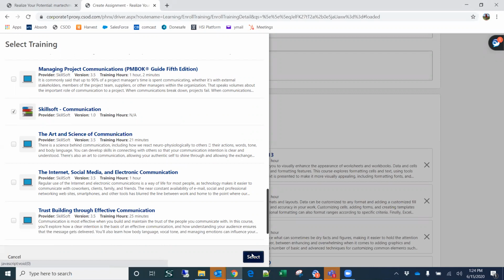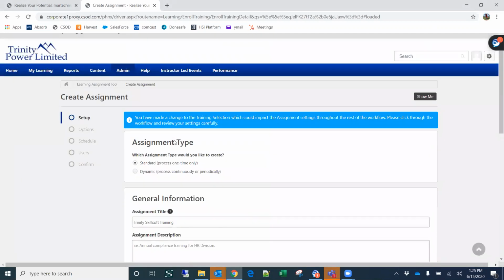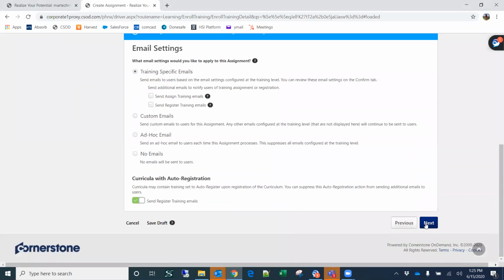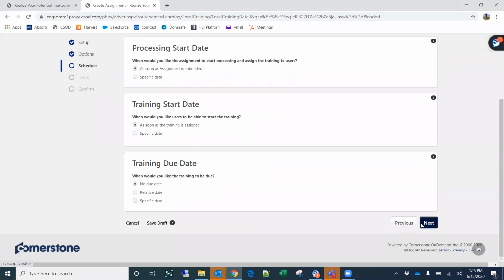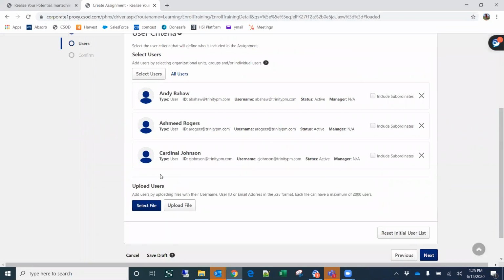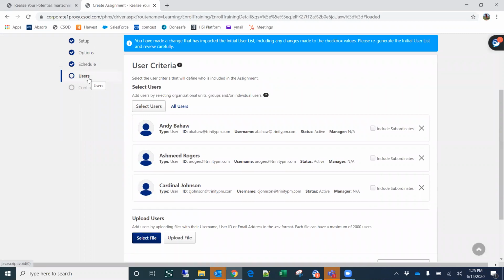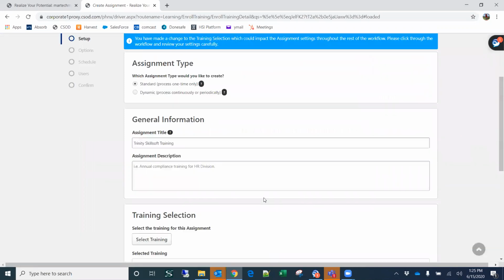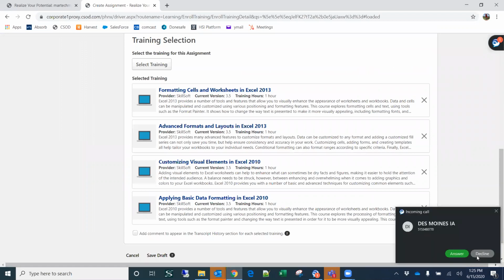One thing that I really want to point out, I want to stress this. If you select a curriculum and you come back to the user page, it's not going to allow you to force the enrollment. The forced enrollment only happens on the individual course level. So you have to assign the courses individually. So if I remove the curriculum and I come back to